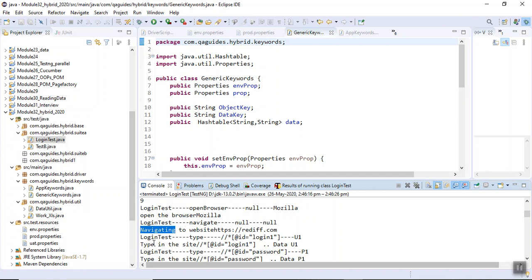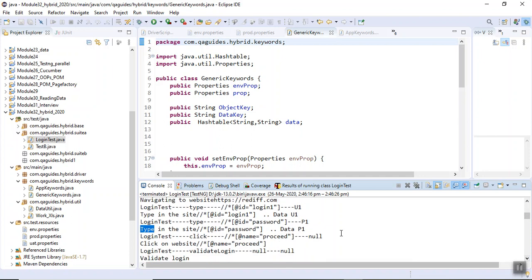Okay. Type on site this. Okay. Open the browser, Mozilla. Type here. Type on site password, and its data is P1. Okay. Password 1. Click on website. We need to click on proceed and validate login. Doesn't it look perfect to you guys? See, here you can see that I am able to pass the value correctly.